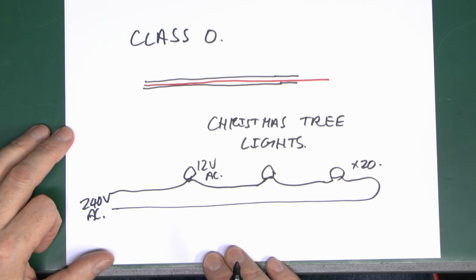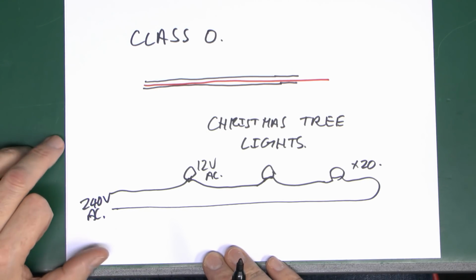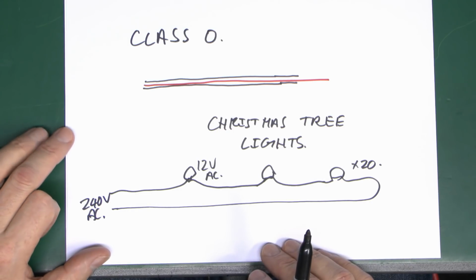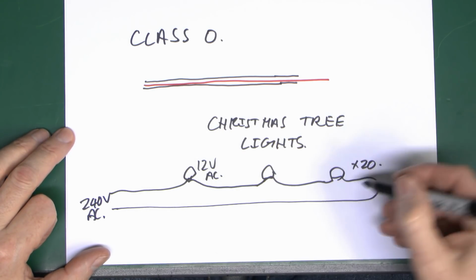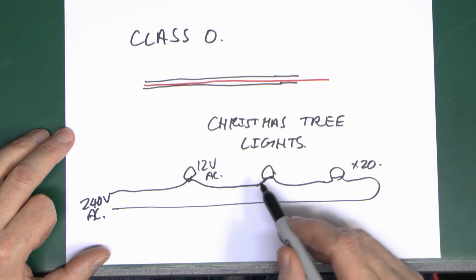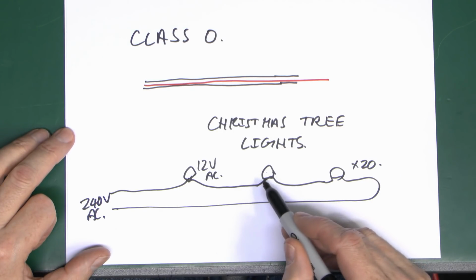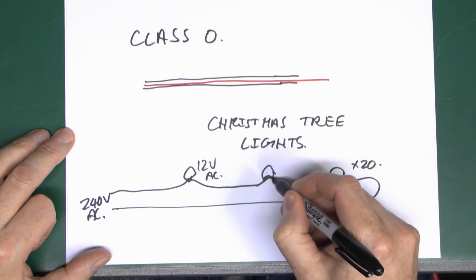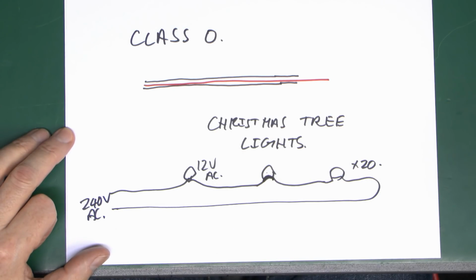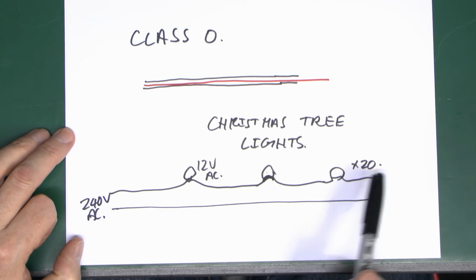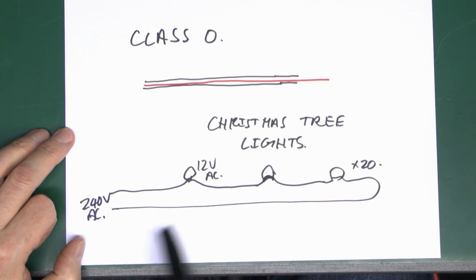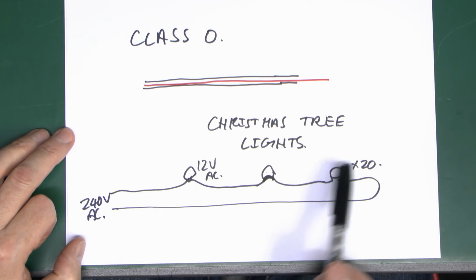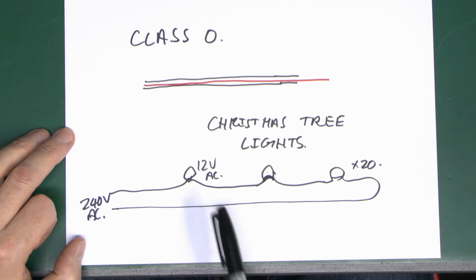Definitely not recommended. They did improve these eventually towards the end of the era, and they made these in what's called permanent contact lamps, so that if the lamp did fail, it basically shorted out inside, which then maintained the connection through. The problem then was that the 240 volts isn't divided by 20, making 12. It's divided by however many are left. As the lamps pop off and break, voltage across each one increases, and then the current increases exponentially, and once